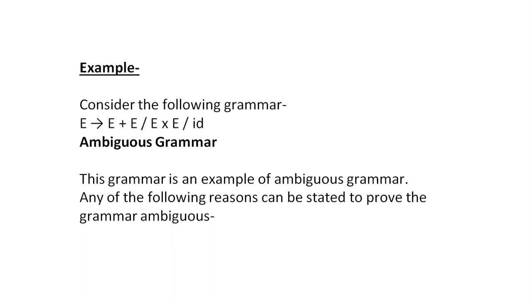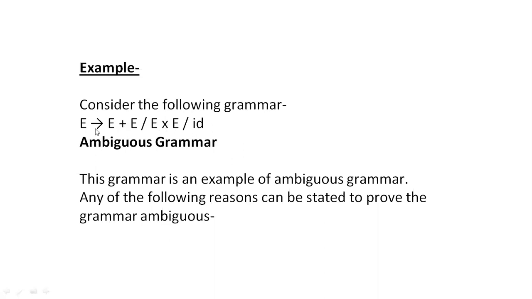Without deriving the derivation trees, see here, we're having a logic. The right hand side variable, here we're having an E. If it appears more than one time, then it can be called an ambiguity, right? Are you all clear? See here, E is appearing two times at the RHS, and here E is appearing two times at the RHS. It is from the given grammar, not that we are writing the grammar. From the given grammar, we're checking whether it is having any ambiguity or not.